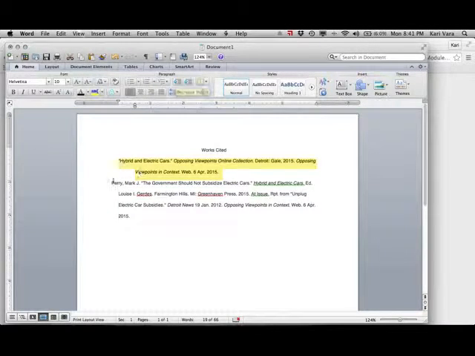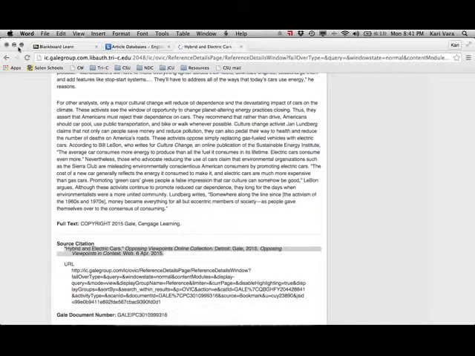For some reason this one is indented more. So there. Now I have my works cited entries included for 2 sources. And I can minimize this and keep it ready to use for another